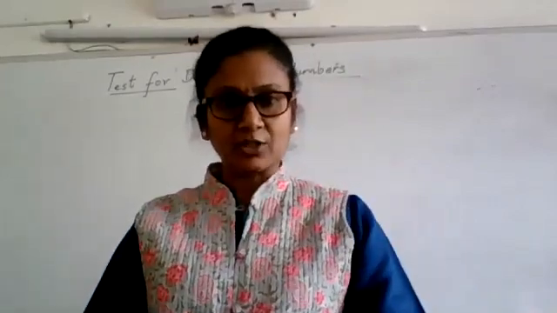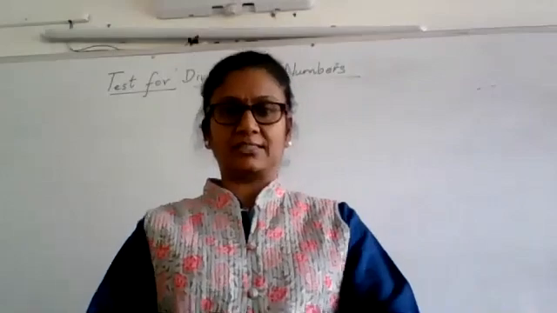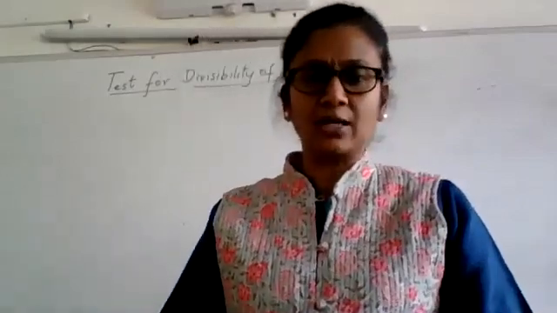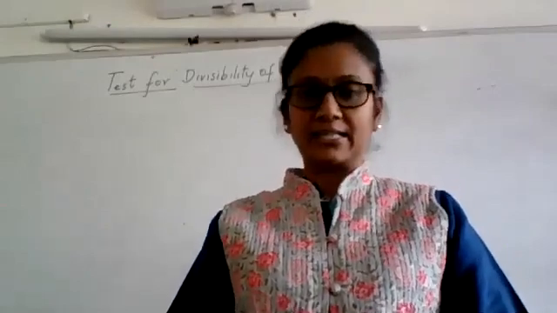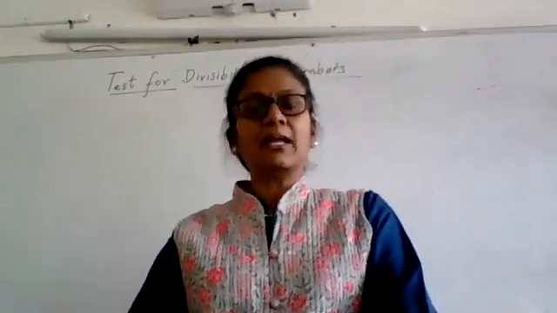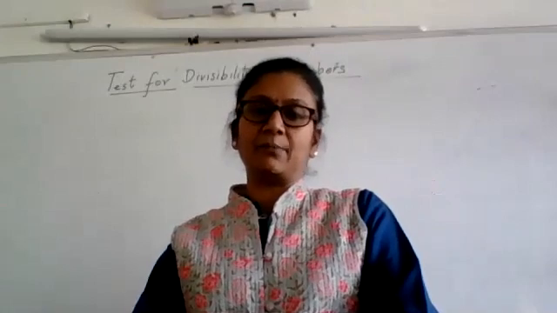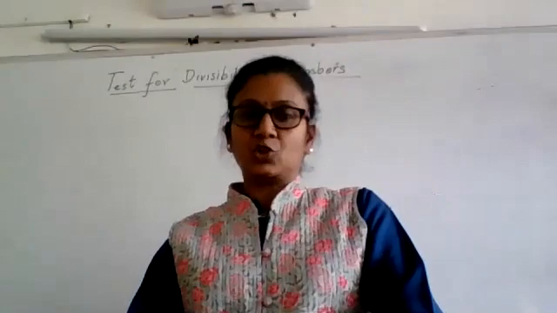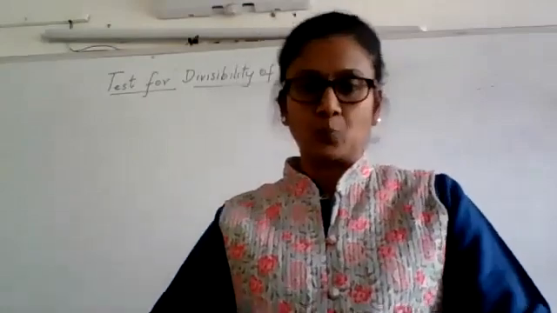How do we tell this? Because we know the multiplication tables of all numbers, maybe at least till 15 you will be knowing by now. So by recalling the multiplication tables, we are able to say whether a number is divisible by another number or not. For example, if I ask you, is 12 divisible by 2?